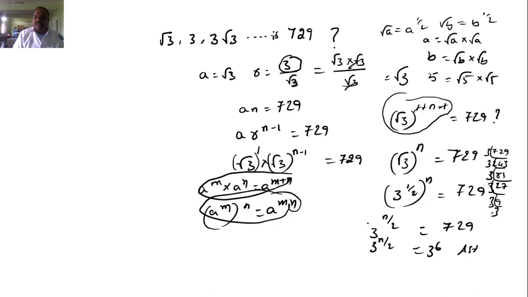As the bases are same, powers must be equal. N by 2 is equal to 6. N is equal to 6 into 2. N is equal to 12. Therefore, the 12th term is